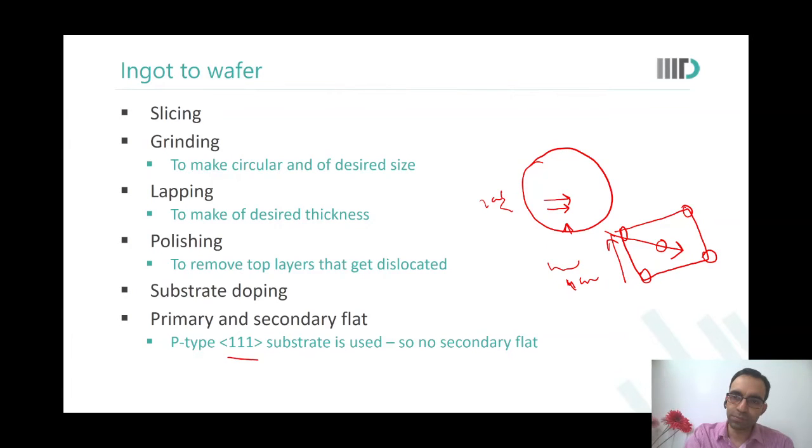Okay. So at the ingot level, I have only got the plane orientation. Now, at the wafer, you will only get planes. This is a big plane, and now you need to know the direction also, so that you can actually then fabricate your gates in the right direction within that plane. Yes. Okay, sir.